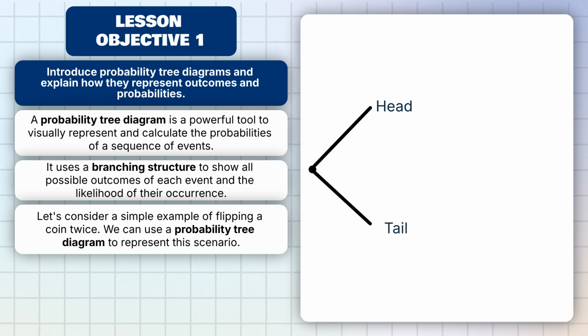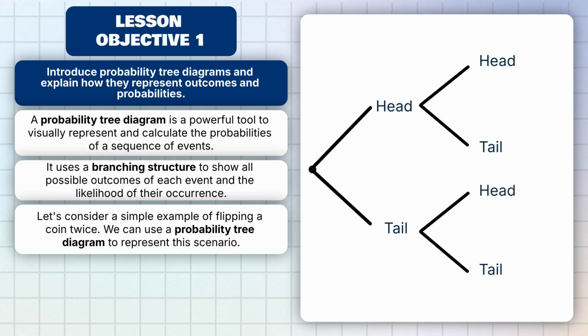From each outcome of the first flip, draw two more branches. For the branch that landed heads first, add two more branches. One for heads again, and one for tails. Do the same for the branch that landed tails first. Now you should have a tree diagram with two levels of branching. Let's label each branch with its corresponding probability. Since a fair coin has an equal chance of landing heads or tails, we would write a half or 0.5